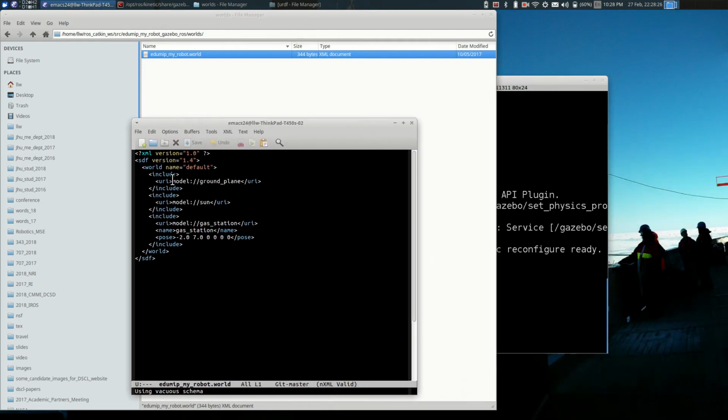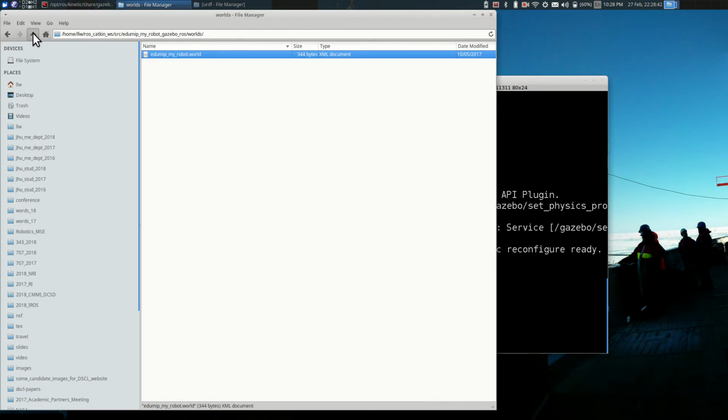It consists of a ground plane, a sun, and a gas station. I like having at least one object in the world so you can see when things move around. You get sort of a point of reference and a sense of scale. And then my launch file